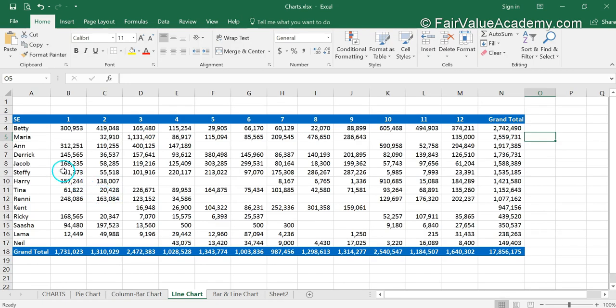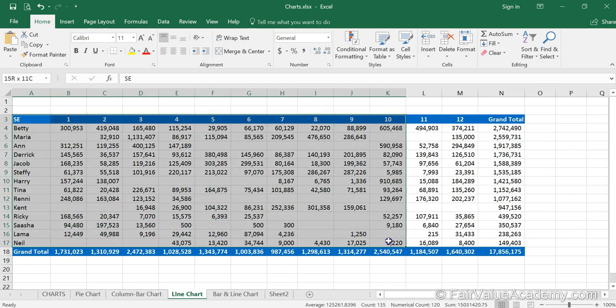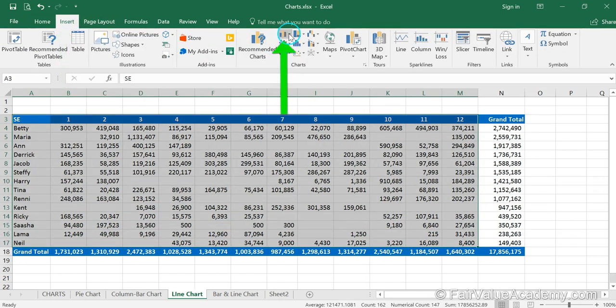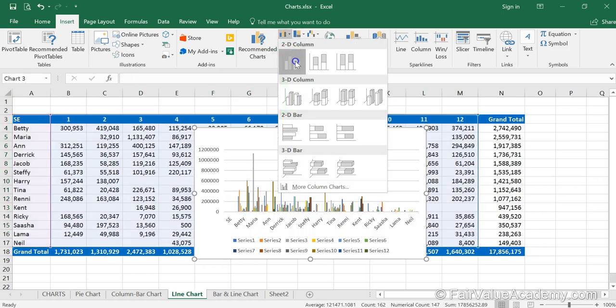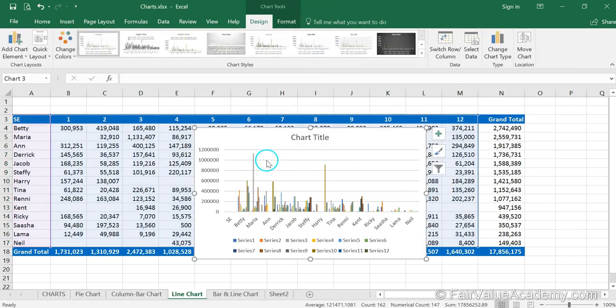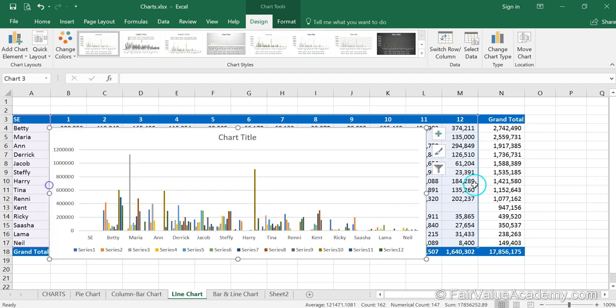Now let's create a column chart for this particular data range, and to be precise in Excel terminology, a clustered column chart, and see how applying the filters can be useful. The data has month-wise sales numbers for each sales executive. So let's select the data range, go to Insert and click on column chart and select a 2D chart. Let's increase the size